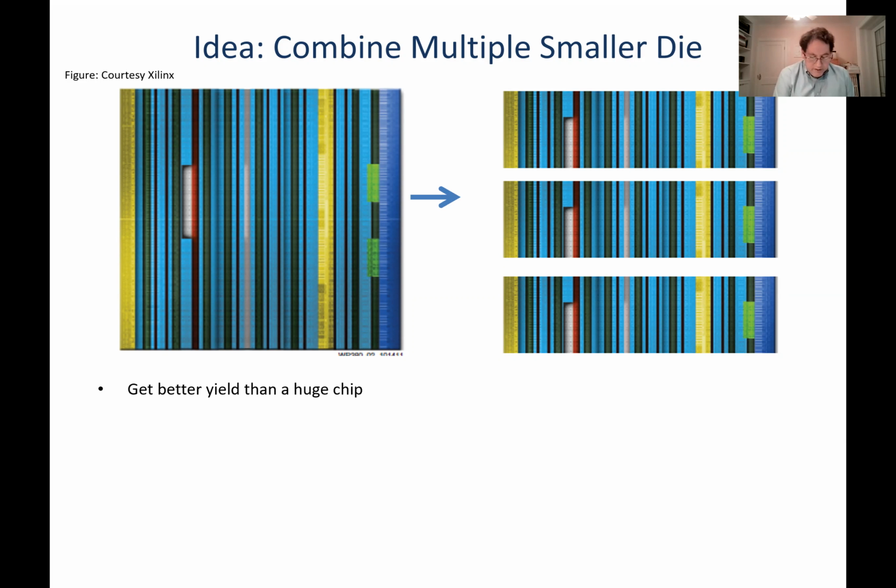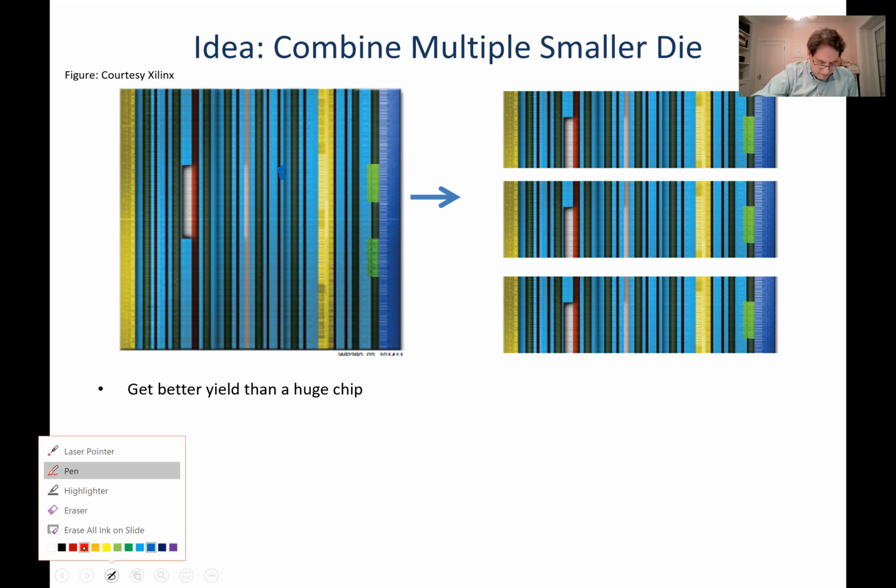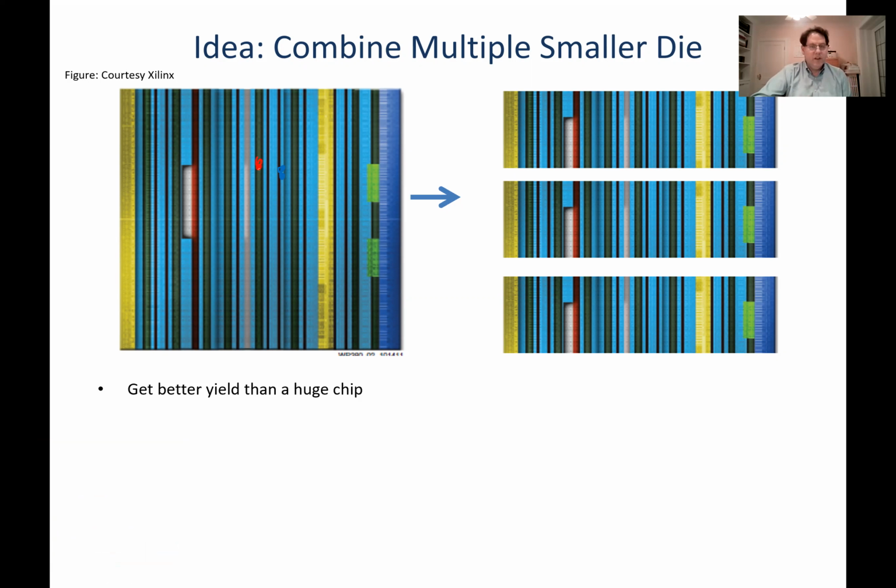So you get better yield than a huge chip. In a conventional chip, if you get a defect anywhere, so something goes wrong, if I get a defect there, the whole chip is useless. Whereas if I get a defect on one of these three pieces, only that 1/3 is useless. I can basically still use the other two. Maybe I can find another third die and replace it. So I can get better yield, especially for big chips. And that lets you make